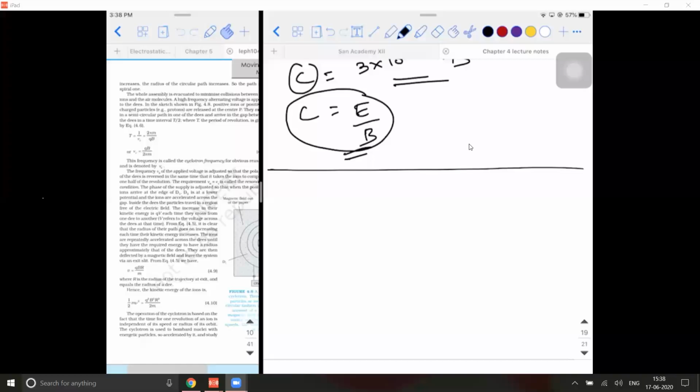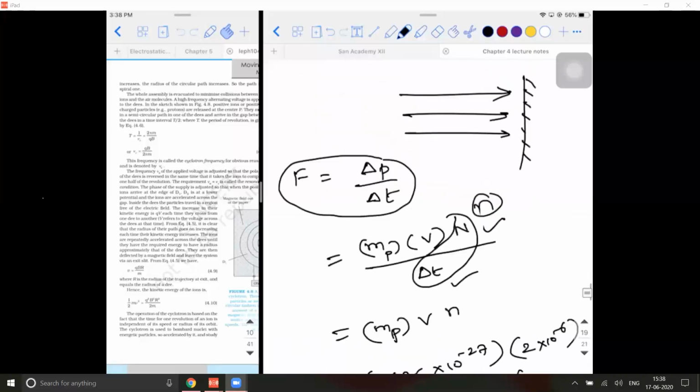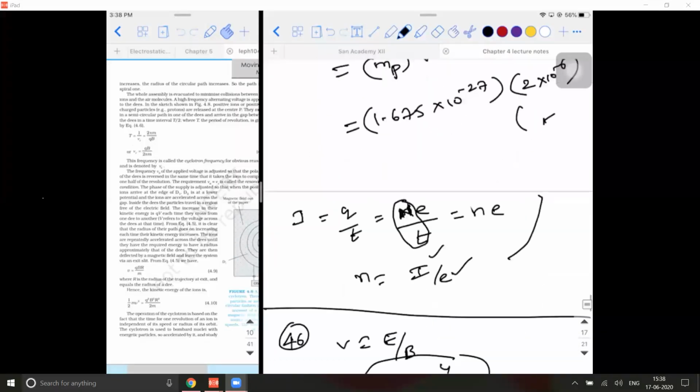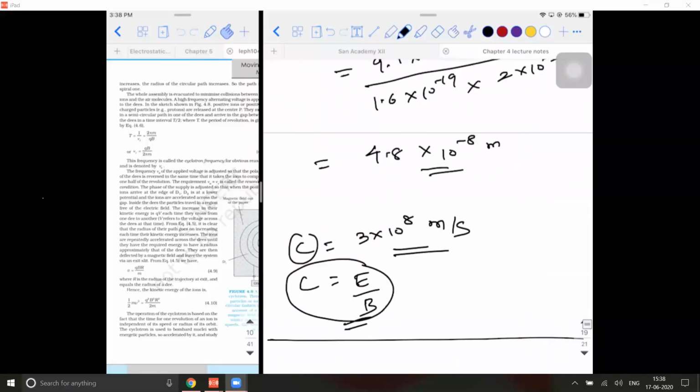So till now, whatever we saw were the concepts like this. As we know, this chapter is concerned about moving charges and magnetism. Means when a charged particle is moving, when you have a current flowing within a conductor, there is a magnetic field around it. That is what we saw in the beginning, right? So we tried to calculate the magnetic field due to a straight current carrying conductor and a circular current carrying conductor. We did it. We finished it.